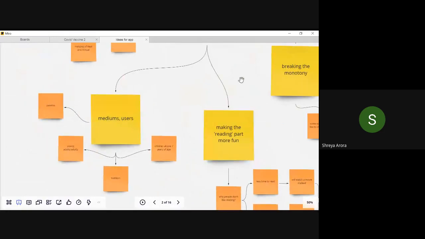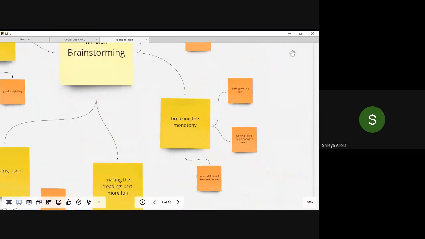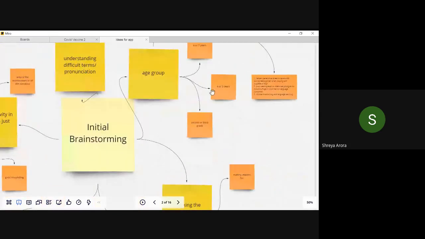And I also looked at what exact age group I want to look at. What will my target audience be? Will my target audience have a medium to communicate, or will that be a direct communication? I also looked at how different age groups have different perspectives and they change through age and time and so